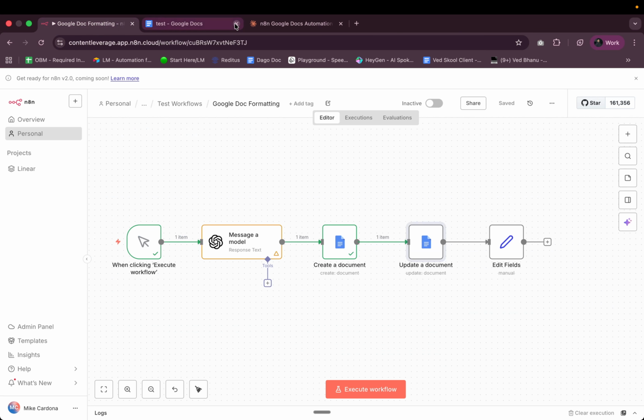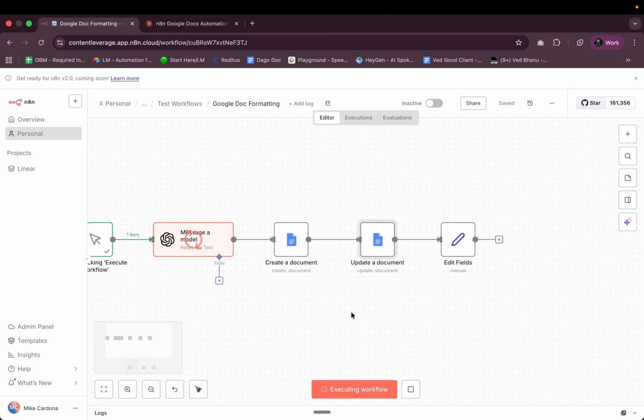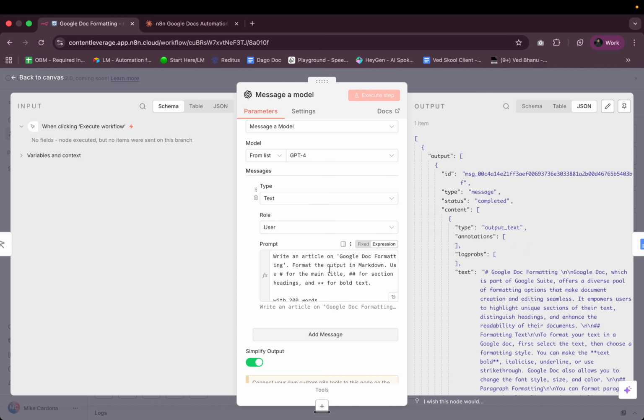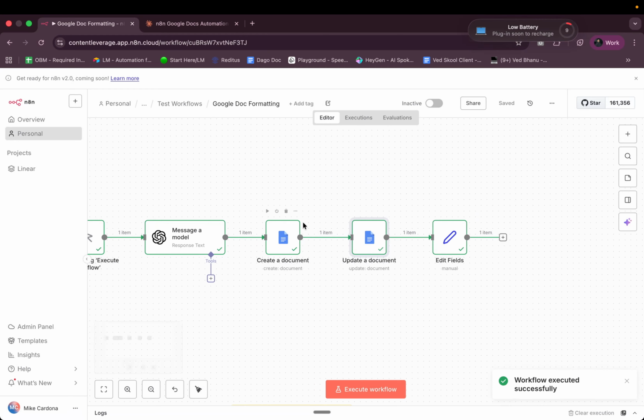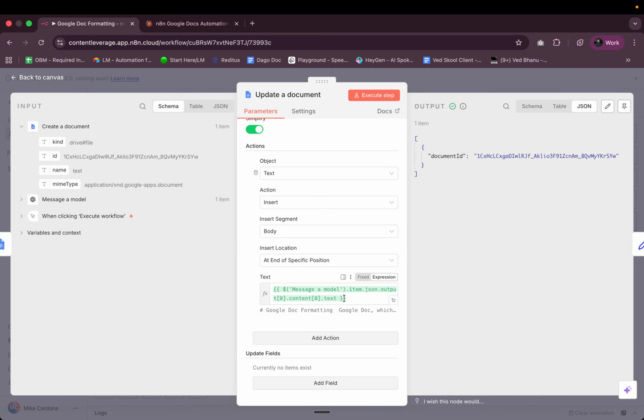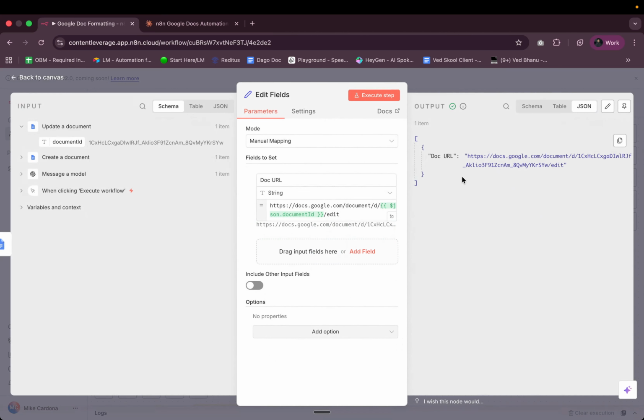So let's run this automation. Here we have the trigger node, and here I write a simple prompt to write an article on Google Doc formatting and format the output in Markdown. Here we create the doc, and here we update the doc. We pass the AI output there, and finally it creates the doc. Once it completes, we get the doc link, and if you open it,